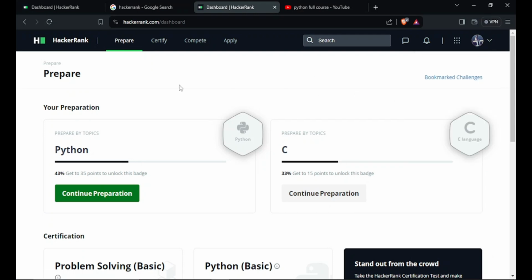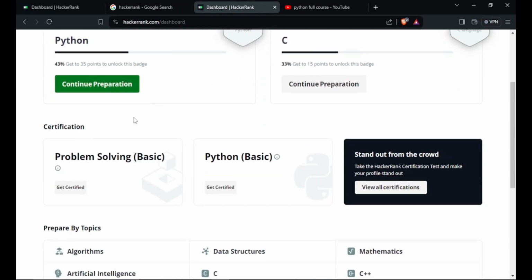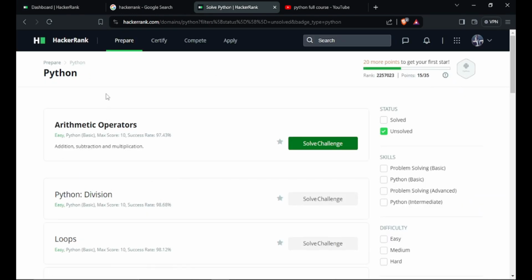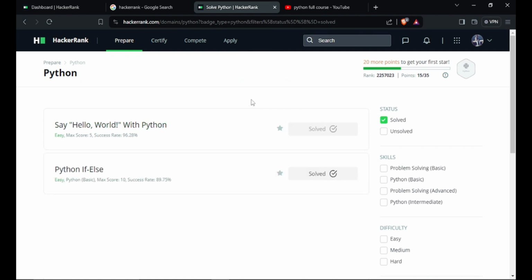You can see that I have been practicing. It is not like I have already done all the different programs. I am practicing it, so as I practice, I'll be uploading the videos on YouTube for you also to practice. For example, if you go to Python, now you're learning a course on Python, you get various filter options. Till now I've gone through two of the basic programs in Python. The first one is the hello world program, and the next one is using a conditional statement of if else and solving a